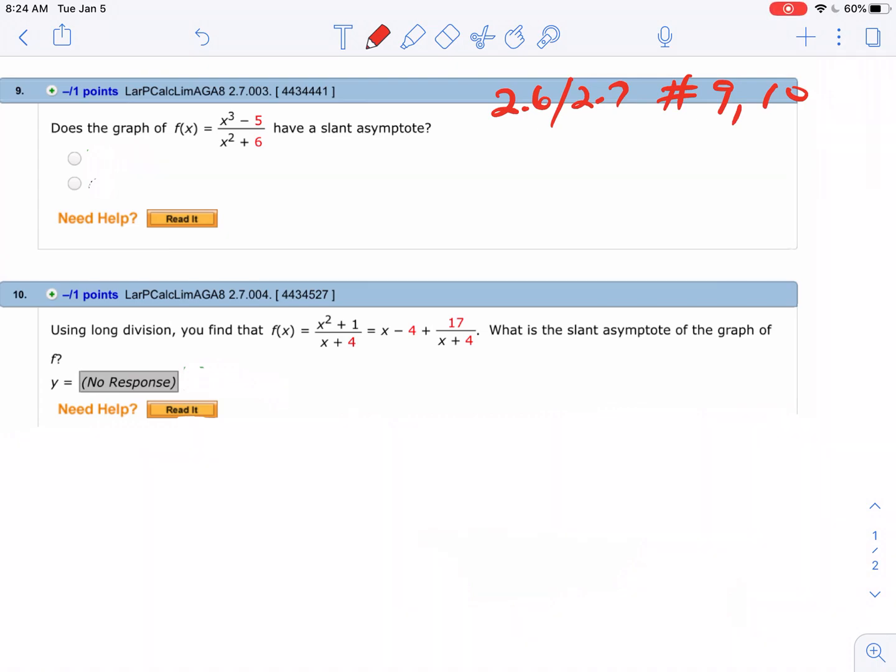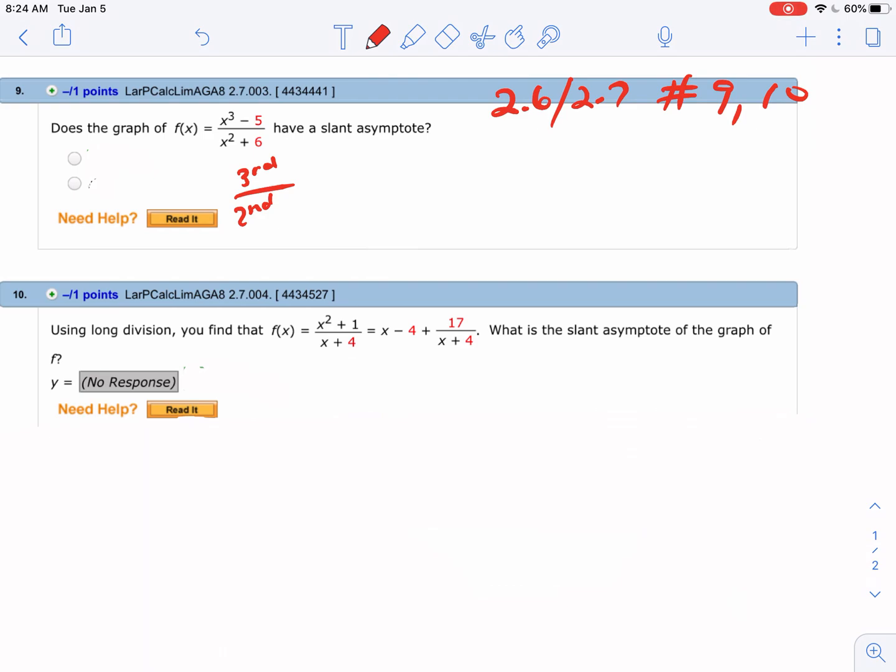So for 2.6, 2.7, numbers 9 and 10, they're talking about slant asymptotes, and I'm going to show you how to work with the slant asymptote in both cases. So number 9, does this one have a slant asymptote? Yes, it does. The idea is I have a third degree, that's the largest exponent, over an x squared, which